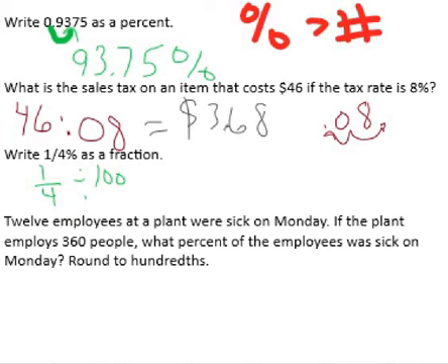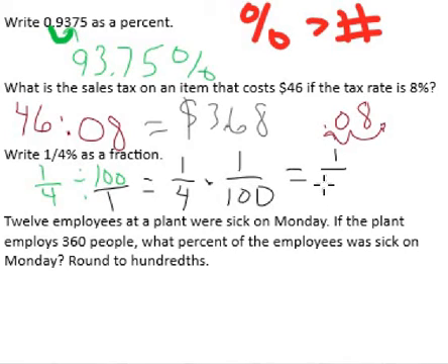Note that 100 is the same thing as 100 over 1. So we'll just turn that into a fraction. And to divide two fractions, we take the second fraction and flip it over, and then it becomes multiplication. So 1/4 times 1/100. 1 times 1 is 1, and 4 times 100 is 400. And the last one,